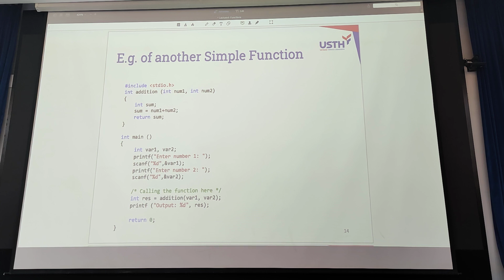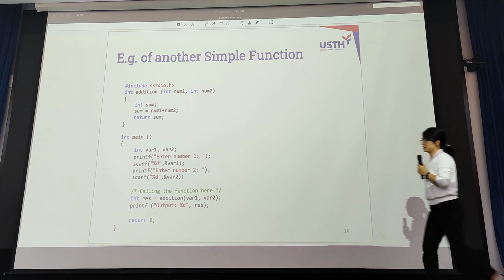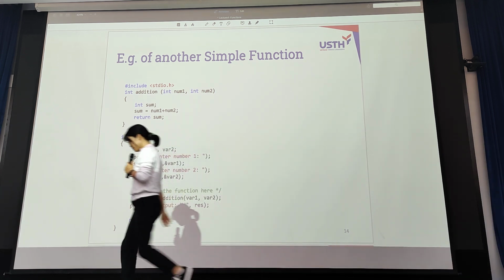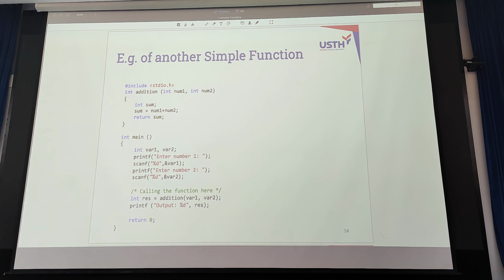Lan Anh. Okay. Can you list out the name of all the functions in this program and describe this function? What is its function? What does it do? Okay.